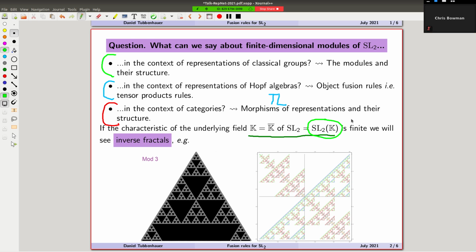So the finite group case, I will come back to that later, behaves slightly differently. Actually, not slightly different. It's really crucially different on a certain level from the case of the infinite group. So K is some algebraically closed field. I don't care too much about it. Just some algebraically closed field,